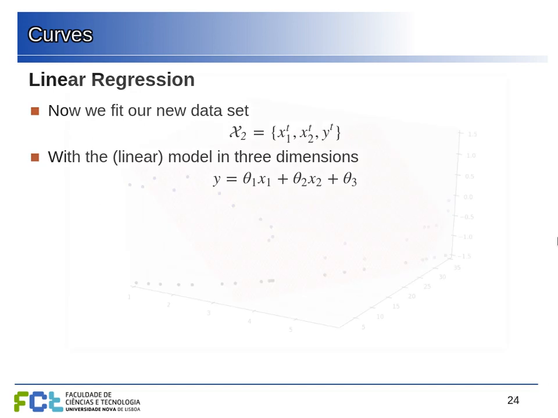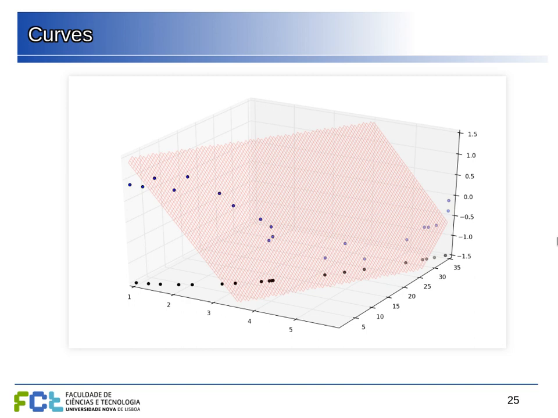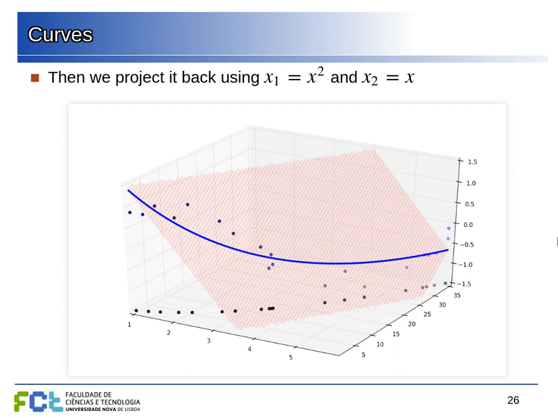Once we find the plane, so this is a drawing here of the plane, we have these data points coming here, coming down, and then going back along this curve. We adjust everything with this plane. And now we can project back into the original space where we only had x and y. And how can we do this? This is basically the intersection of this plane here that is coming out with this curve where we projected our feature values, our x, with this nonlinear transformation. And even though this plane is straight, when we transformed our data into a curved surface, now the intersection of the two is a curved line.